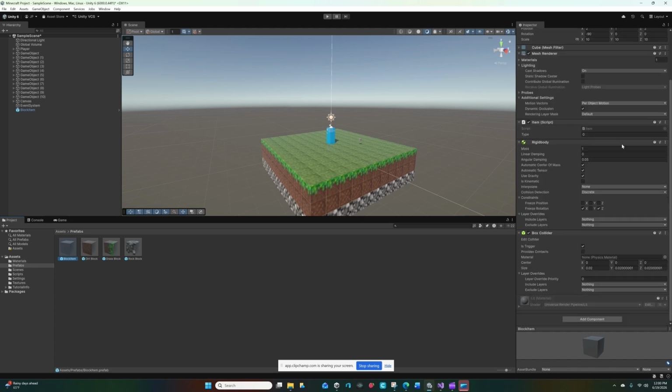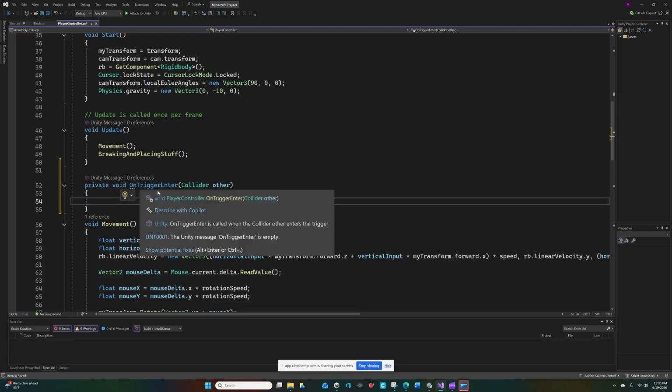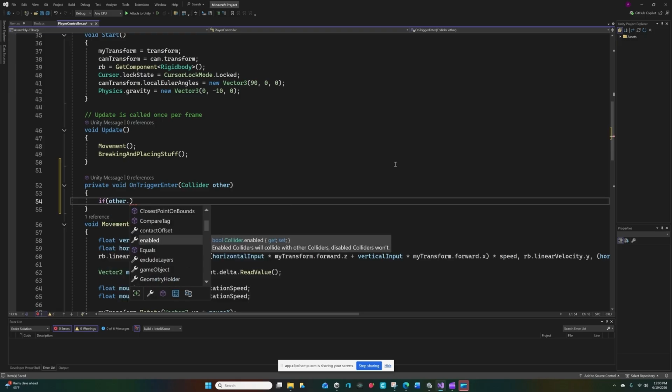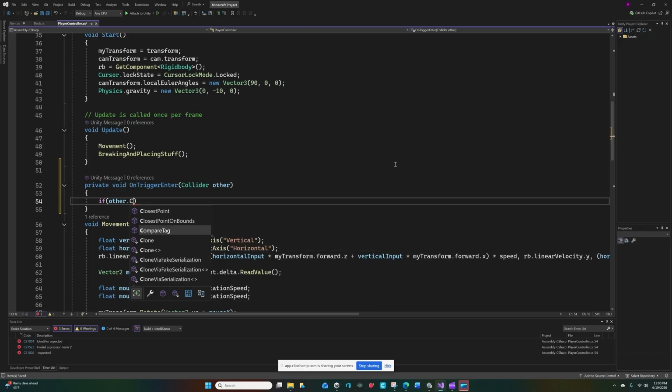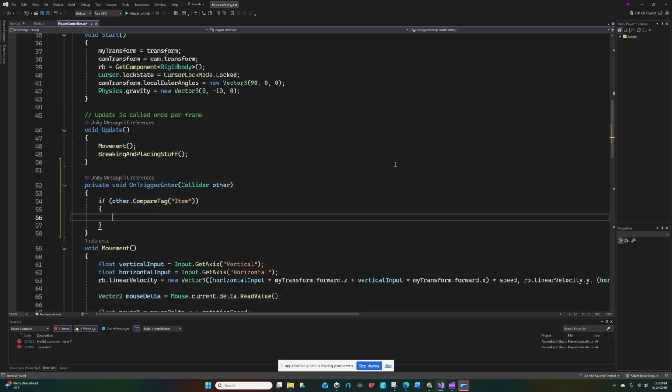So it's just used for detecting collisions, which I will be using. So then if other dot compare tag item, then